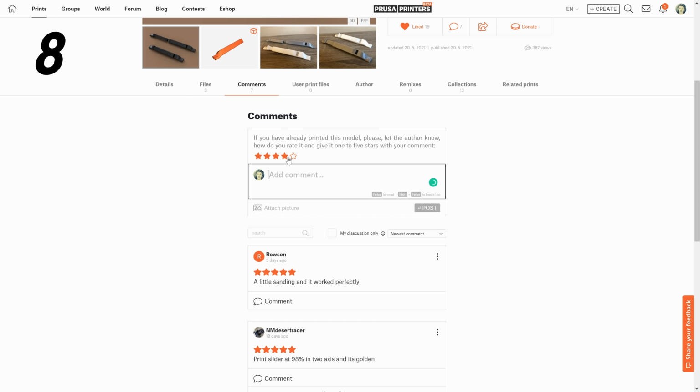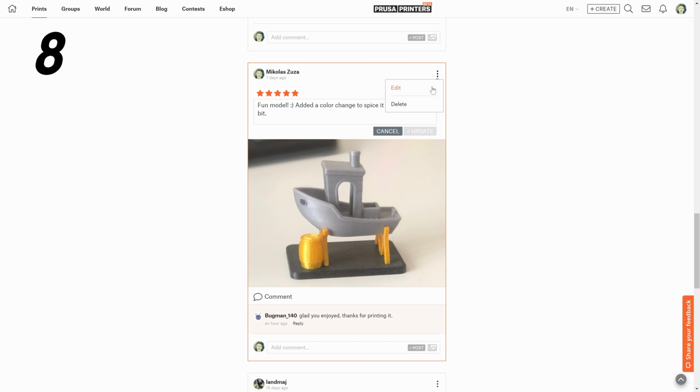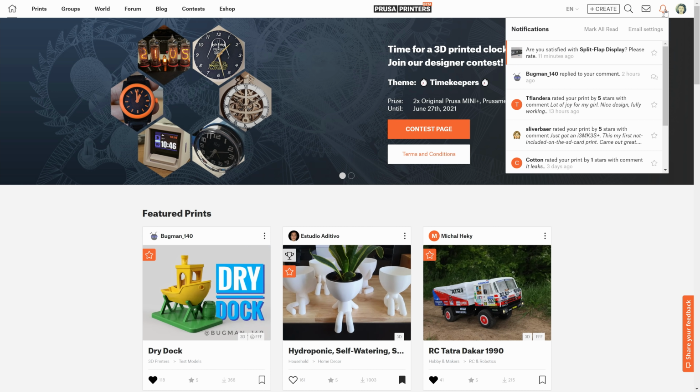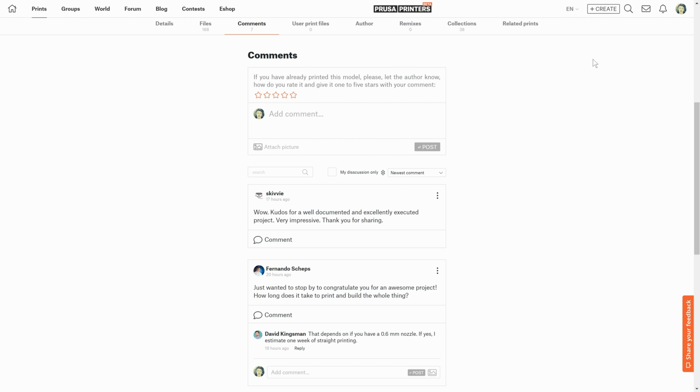You can now rate the print right after downloading it, but of course you can also edit the rating later, if you feel different about the model after printing it. And the notification to rate the print is now displayed after 24 hours, rather than the 1 hour that it was before. We've got quite a few reports from all of you that the 1 hour is just too soon.